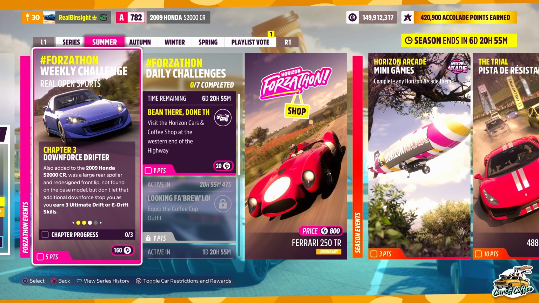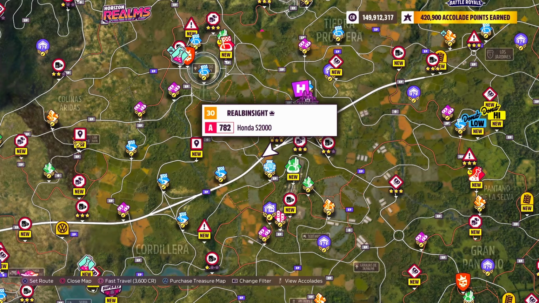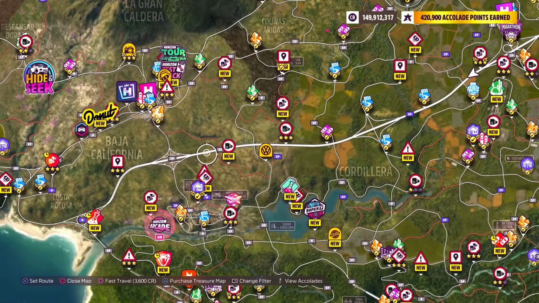And then for chapter number 3, though, we are going to have the Downforce Drifter. For this, it basically wants you to get 3 ultimate drifts or e-drift skills using the 2009 Honda S2000. So guys, I gotta admit, one of the easiest ways I found to do this is simply head over to the highway here. That way you're going to have plenty of room and kind of just go back and forth